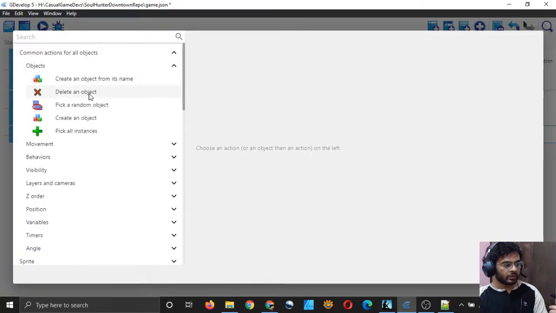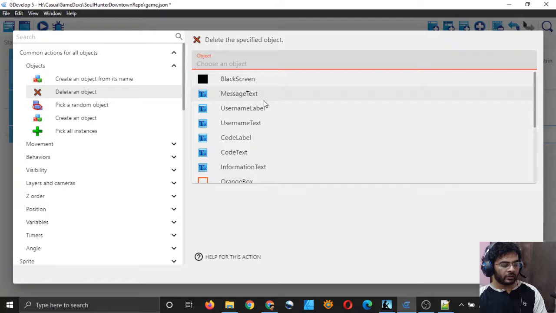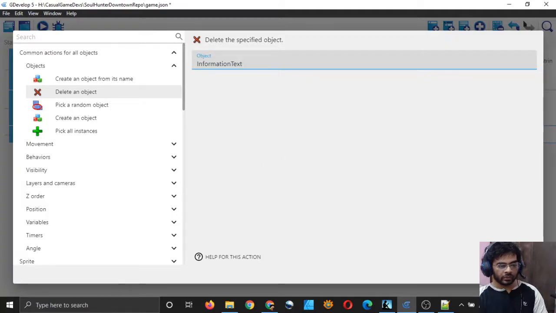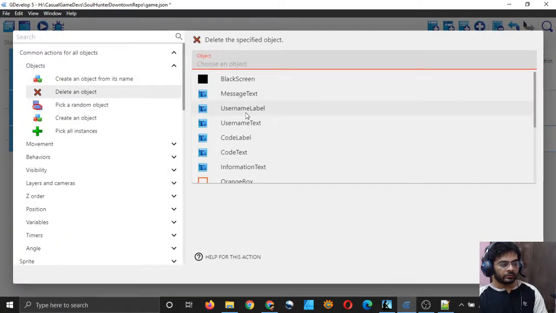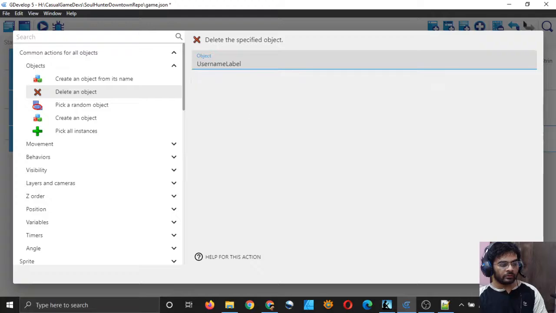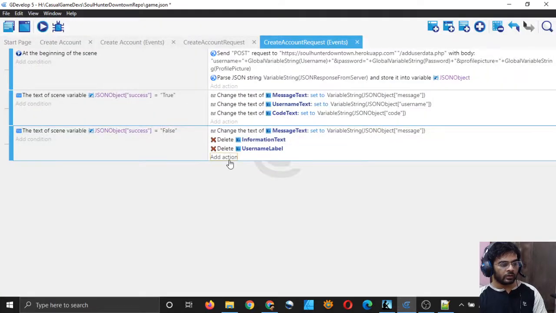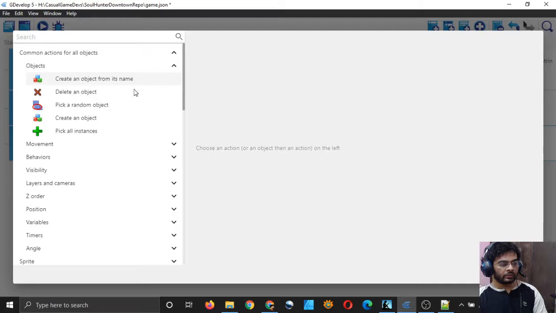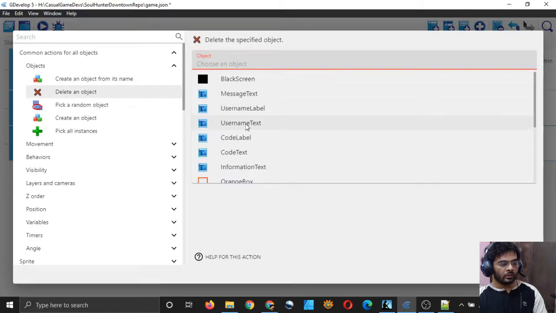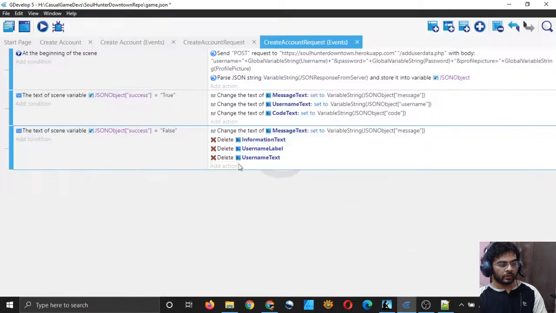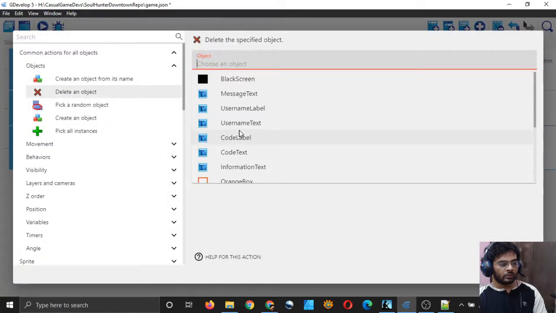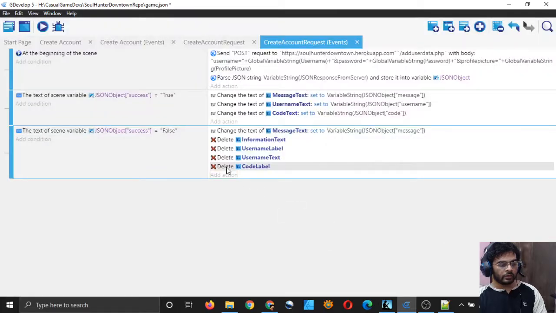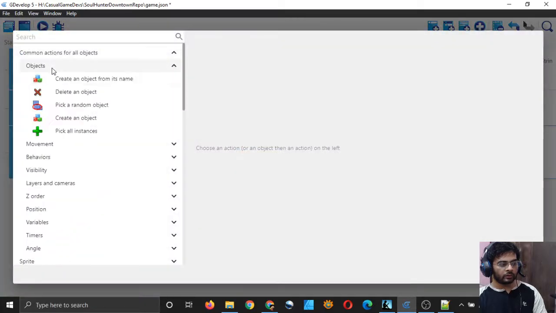Delete an object, and the object which I want to delete first is information text. It will be deleted, and then I will delete username label, right? And then I will delete username text, right? And I will delete code label, right? And I will delete a few more.